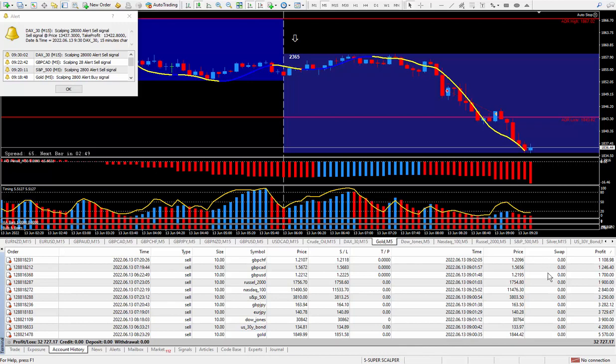I just added up all the pips and the ticks. As I said, it should be over 300. It is. The total was 452 pips and ticks, and those 452 pips paid out $32,727. So if your system is not producing like my Super Scalper system, I suggest you get your hands on it,